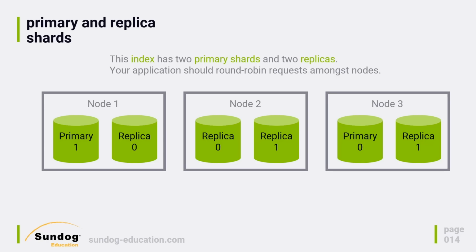Similarly, let's say node number 3 goes away. In that example, we lost our primary node 0, but it's okay because we had a replica sitting on node 1 and node 2. And Elasticsearch can just basically promote one of those replicas to be the new primary, and it can get by until we can restore the capacity that we lost.